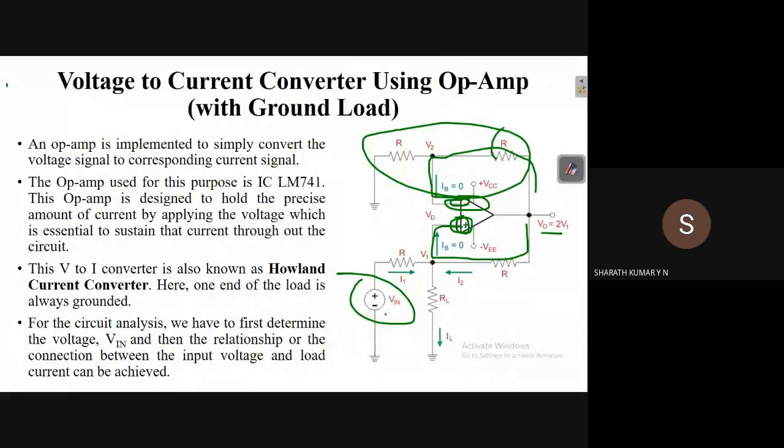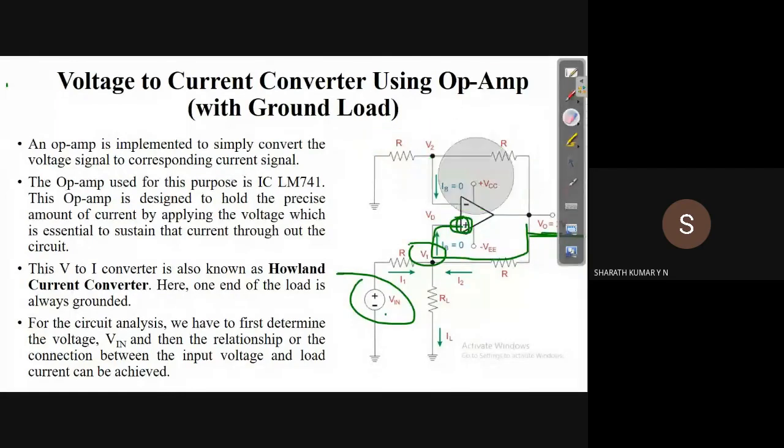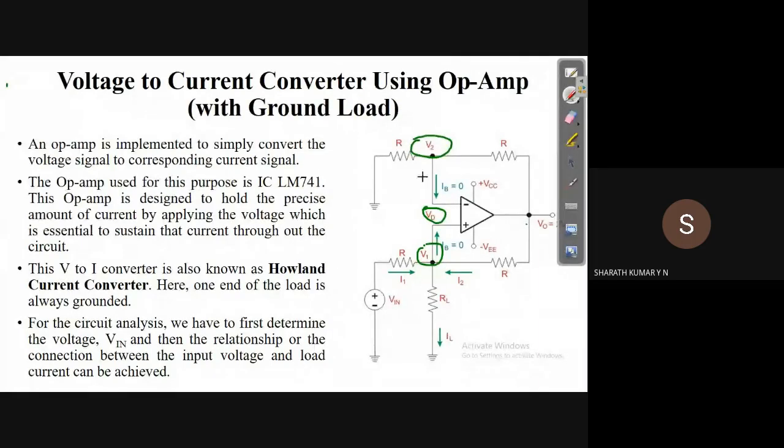The values of these resistors are selected in such a way that the output voltage is twice the voltage at this junction, not the input voltage. Observe this way: the output voltage is twice the voltage at this junction, V1. Vd is the differential voltage. V2 is the voltage at the inverting input terminal, whereas V1 is the voltage at the non-inverting input terminal. So V1 may not be equal to V2 because we have a load resistance RL.